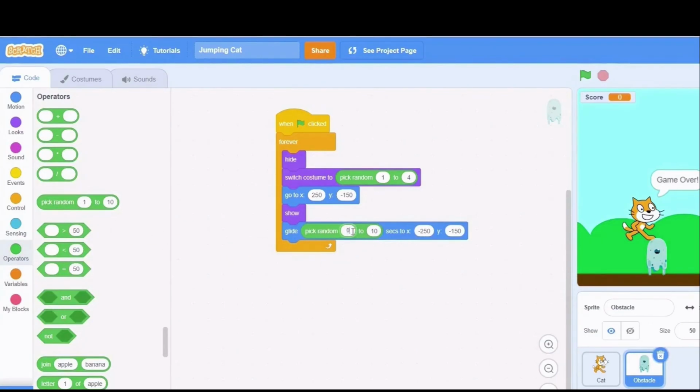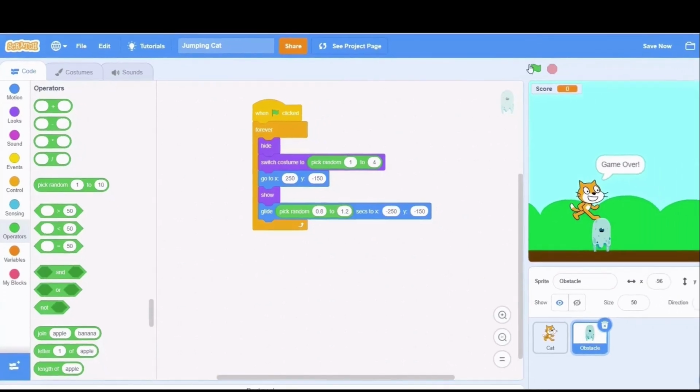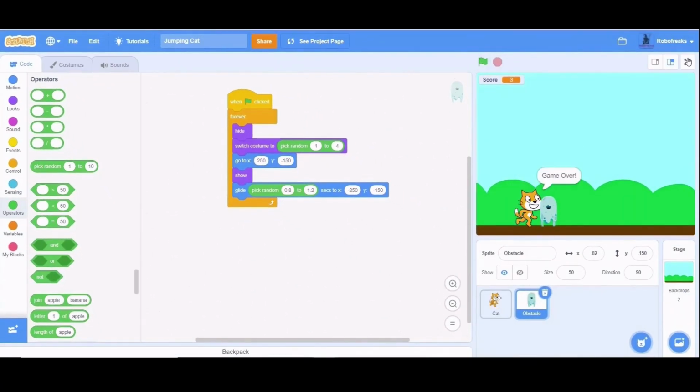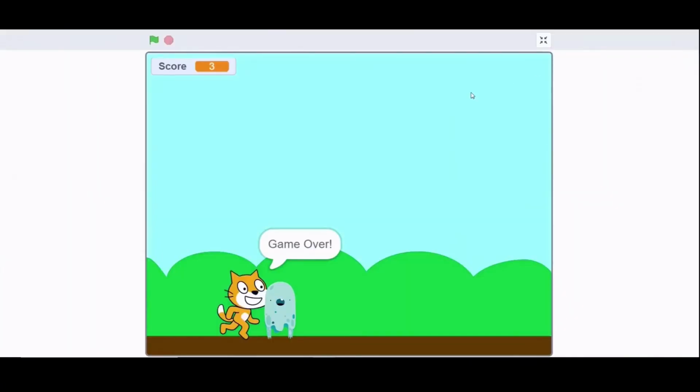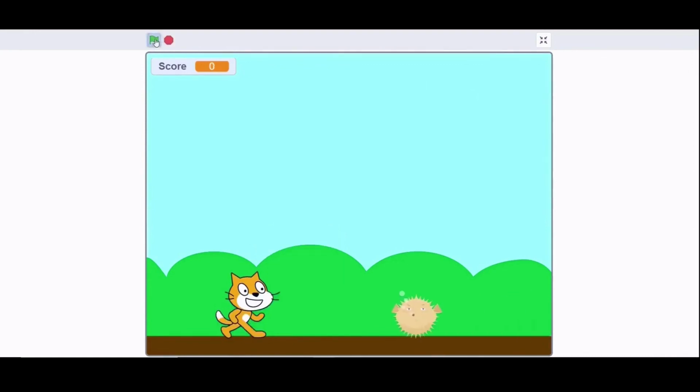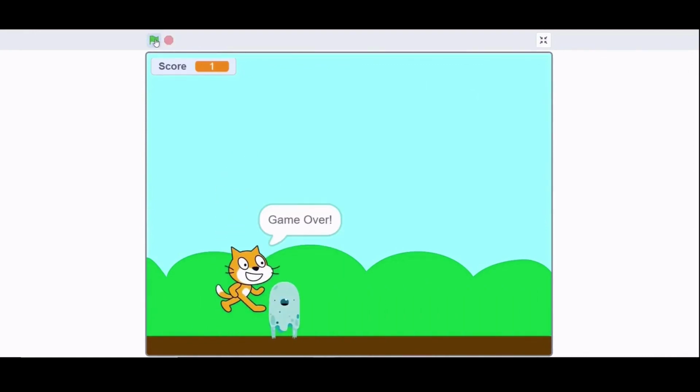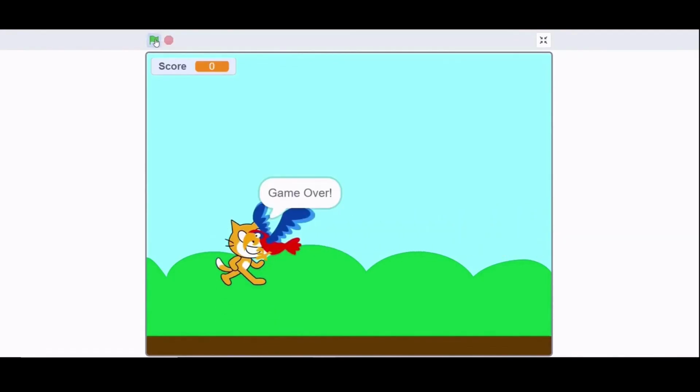Now you will not win so easily, will you? Run the code. Wow, that change in speed is really surprising.